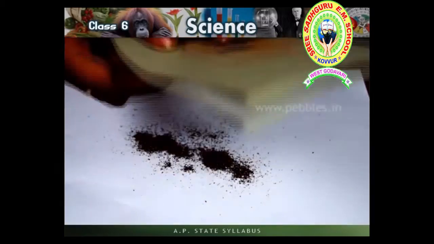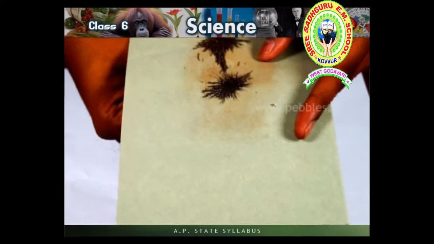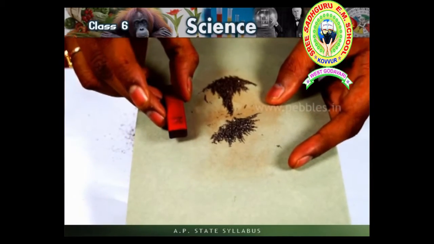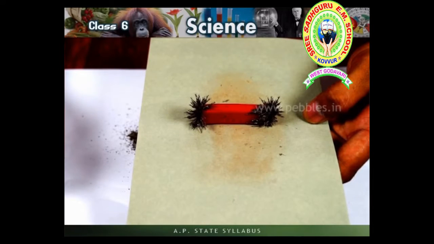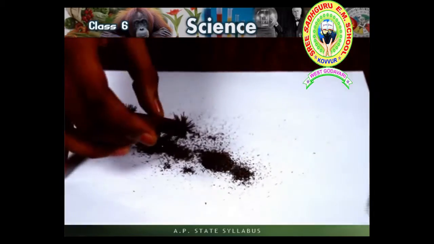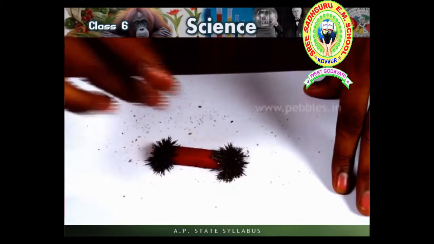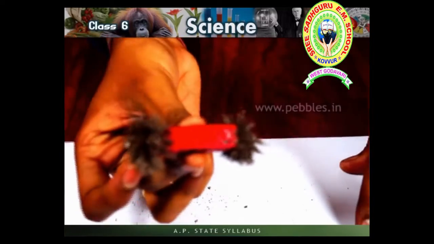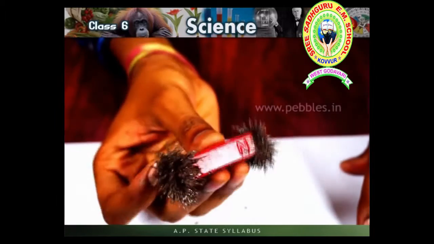This change in the spread of iron filings on a sheet of paper is due to the magnet present below it. The iron filings move towards its ends because of this magnet. Thus, the ends of the bar magnet attract more iron filings than the middle part of the magnet. By this activity, we can conclude that every bar magnet always has two ends whose attracting capacity is more than its other parts. These ends are called poles of the magnet.